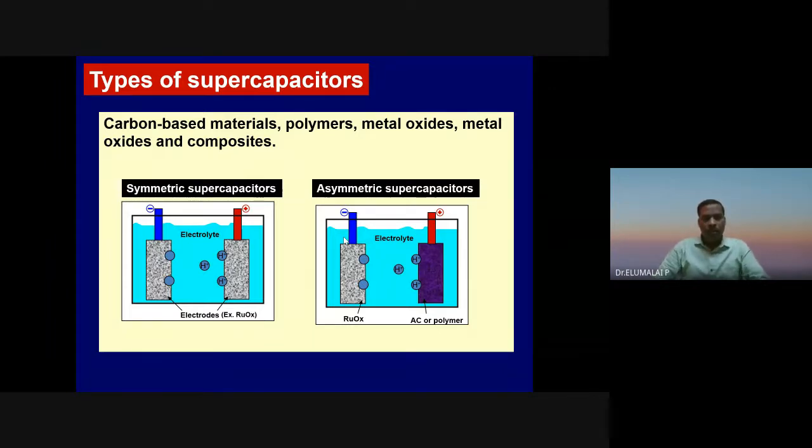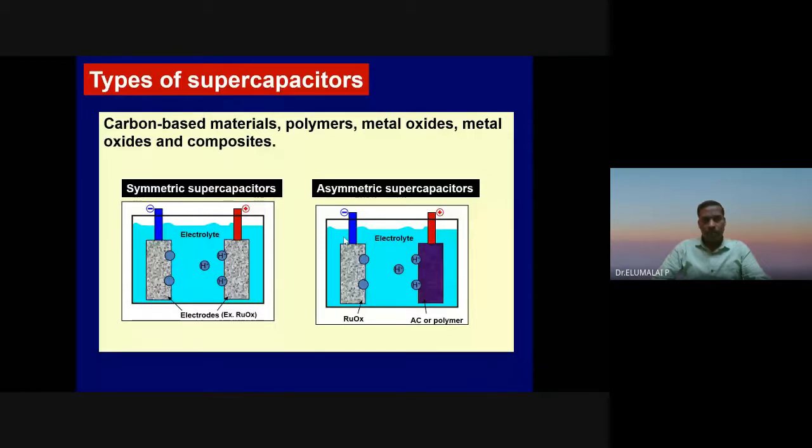So based on the configuration of the electrodes used in the construction of supercapacitors, there can be symmetric supercapacitors and asymmetric supercapacitors. Whether EDLC or redox, if the electrodes are identical, it is a symmetric supercapacitor.